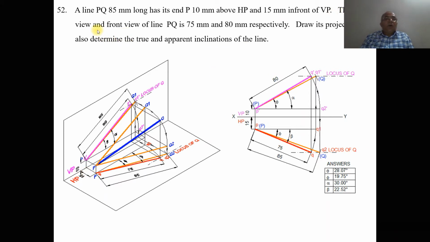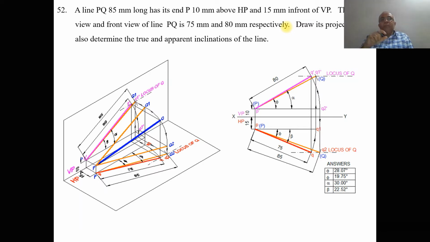Then he says the top view and front view of the line PQ are 75 and 80 mm respectively. Since he has not given the distances with respect to both HP and VP, we will not be able to get the locus directly. It's not possible. So how to solve this problem?